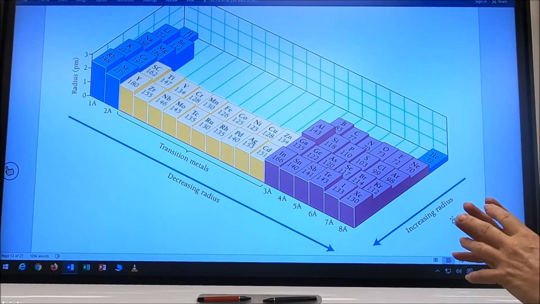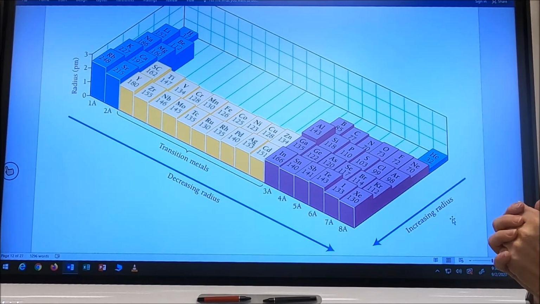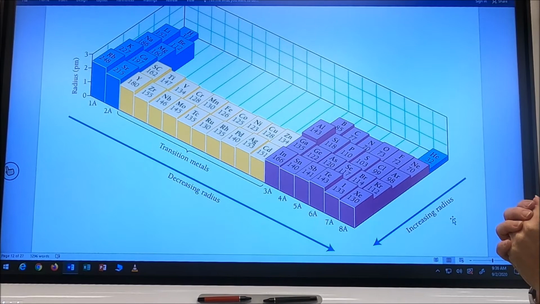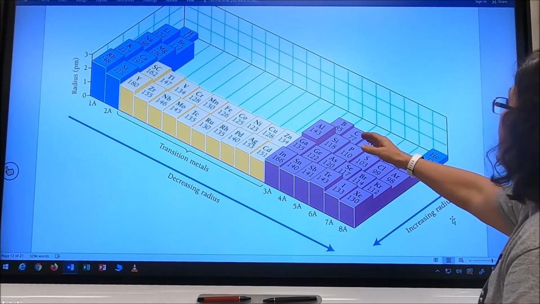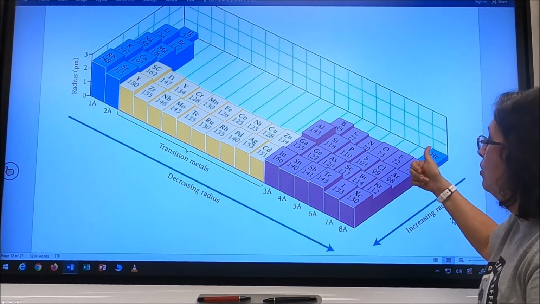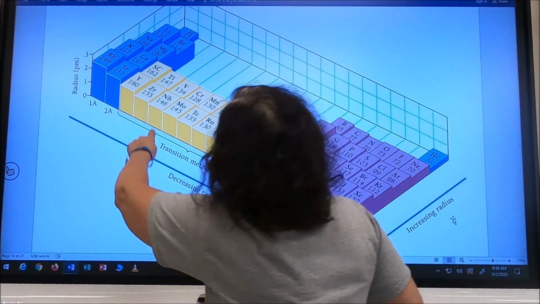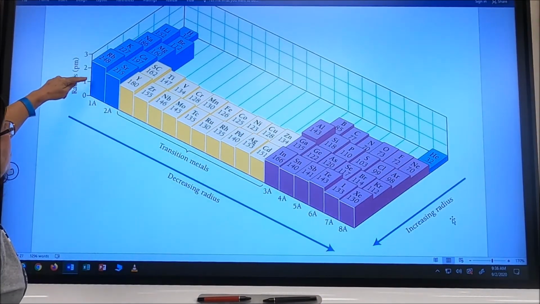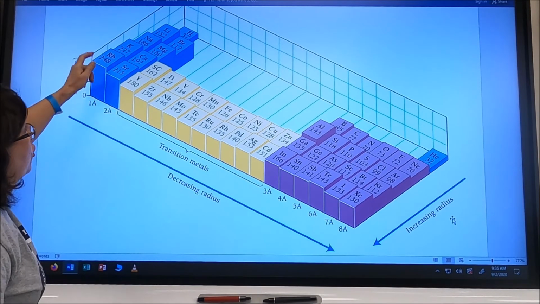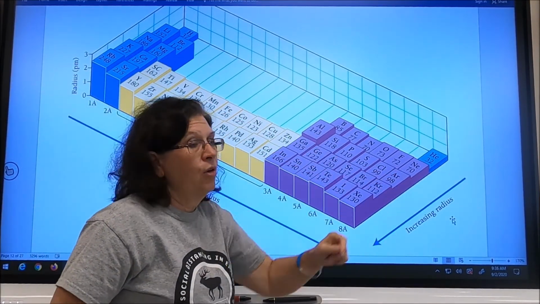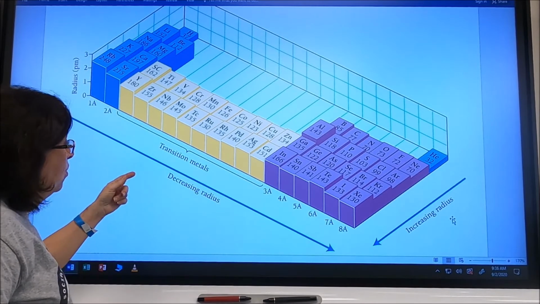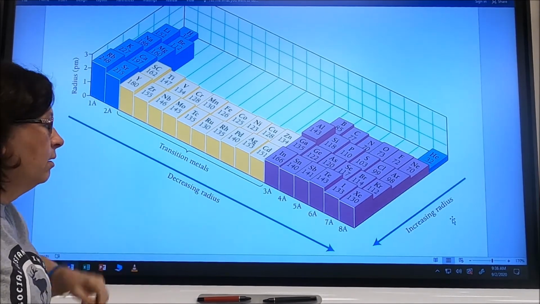There is some shielding, but there's less shielding, and the attraction each electron feels from the nucleus is actually going up. If the attraction it feels from the nucleus is going up, it gets smaller. So notice, going down a family, atoms get larger. Going from left to right across the periodic table, we see a decreasing